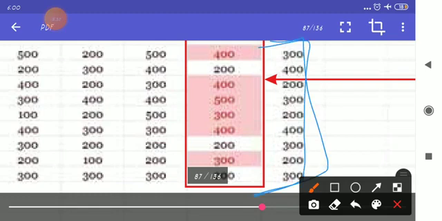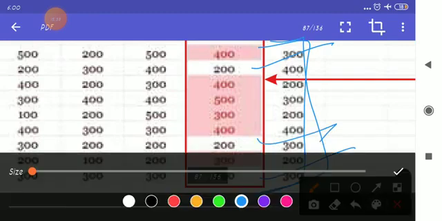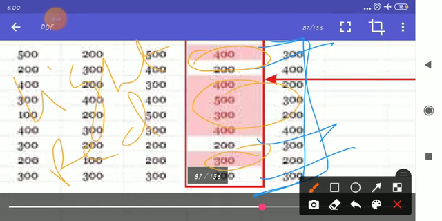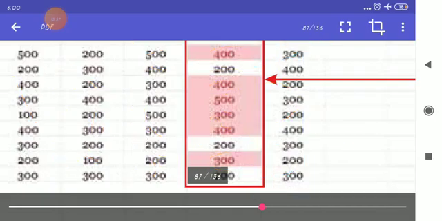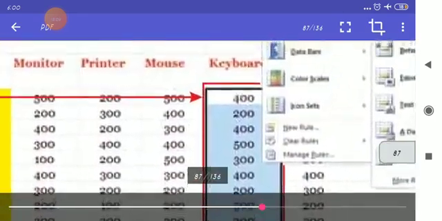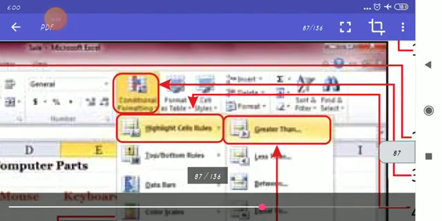So for greater than 200, the 200 color is not changed, but the other colors are changed: 400, 400, 300 with light red color. So see how you have changed the conditions using conditional formatting in the cell.